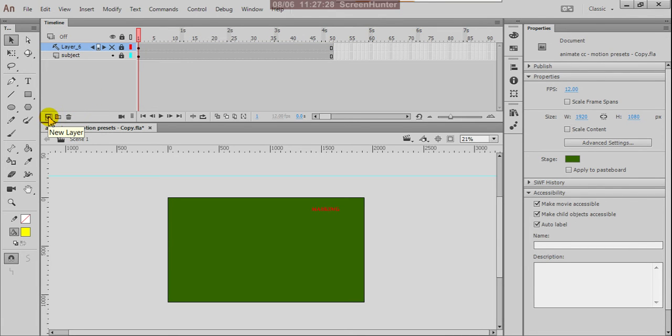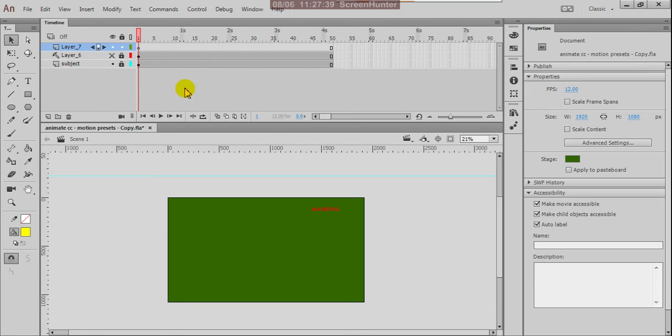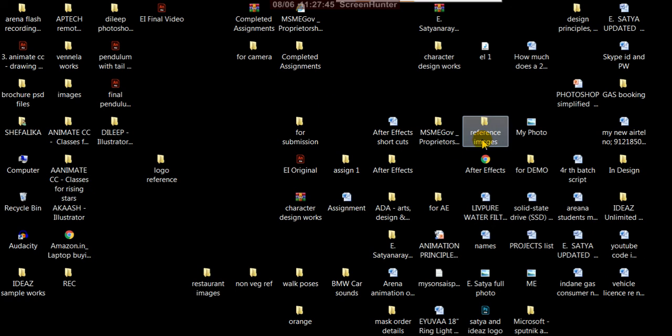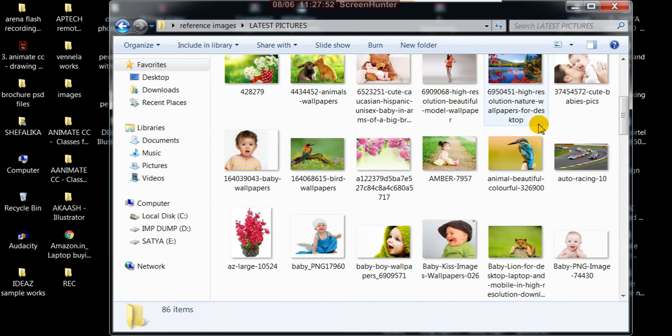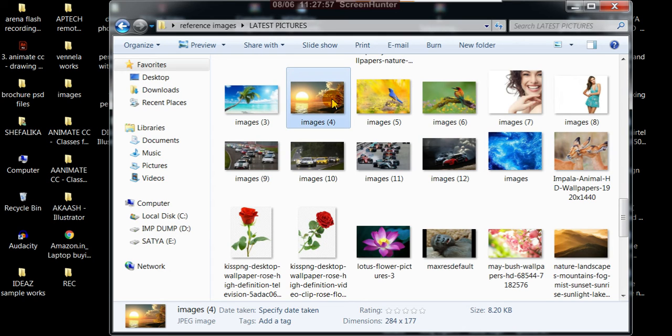Create a new layer here. Okay, and here what I'm doing, I'm importing one picture. On a picture also you can apply mask. Suppose from the reference images, suppose this I want, otherwise these two.